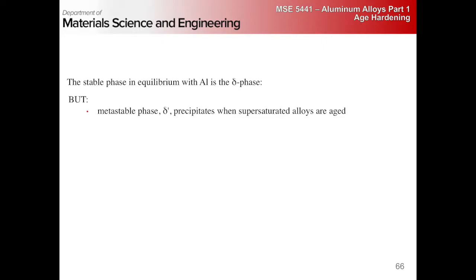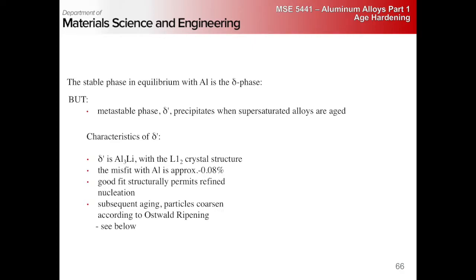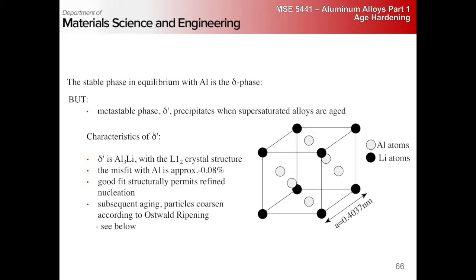But we can precipitate metastable delta prime phase, right? The delta prime phase, aluminum 3 lithium, is the L12 crystal structure, and we have a small misfit, not 0.08%. So a good fit structurally. This allows us to nucleate homogeneously a very refined dispersion of precipitates, and then with subsequent aging, these particles will coarsen